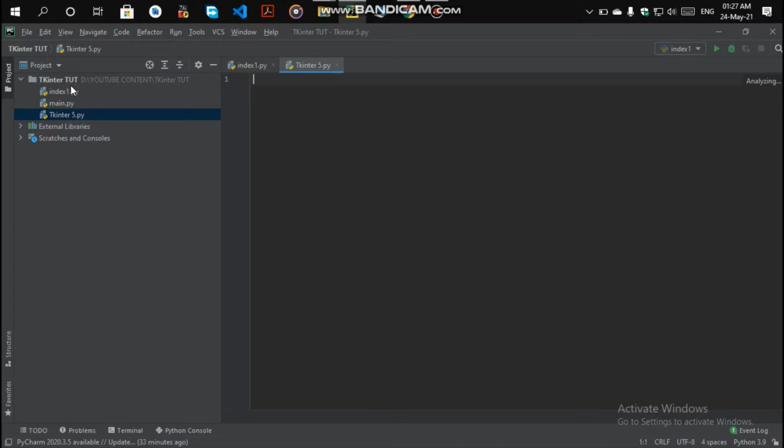So first of all we are going to cover the first topic, that is geometry. What is geometry and why geometry is used, we will cover in full. Basically geometry is a method in the Tkinter module to pack your widgets. Packing your widgets means where you want your widget on the whole screen. This is the main aim of geometry: where you want to pack, where you want to place your widgets, like left, right, things like padx, pady, in what row, column. All of these things are used in the geometry methods.